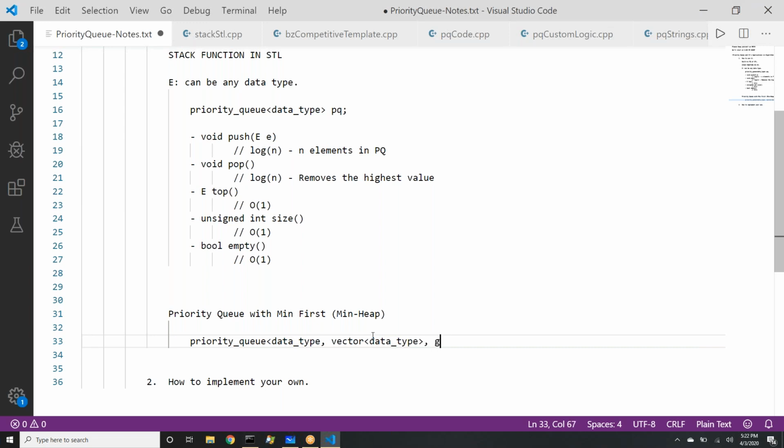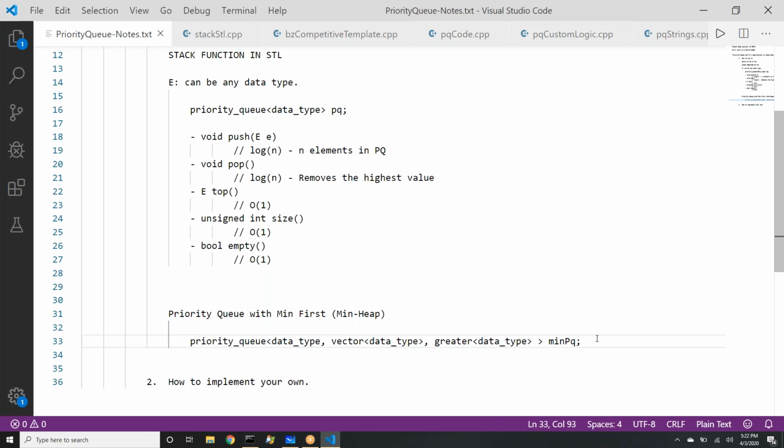And third parameter should be greater of that data type. Greater is a built-in comparator. I'll call this min pq, so that it tells us that the minimum element will come out now. Same syntax, just see it once: data type, vector of data type, greater of data type.